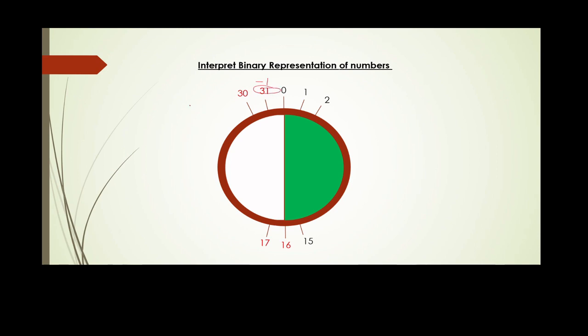I'm making a connection here. And then same thing here, the number 30 is going to be a minus 2, and so on and so forth till you get to the number 17, and the number 17 is minus 15. The number 16 is minus 16. And that is it. This is the end of it. Because we said up to half of the numbers were on the positive side. So this is plus 15,